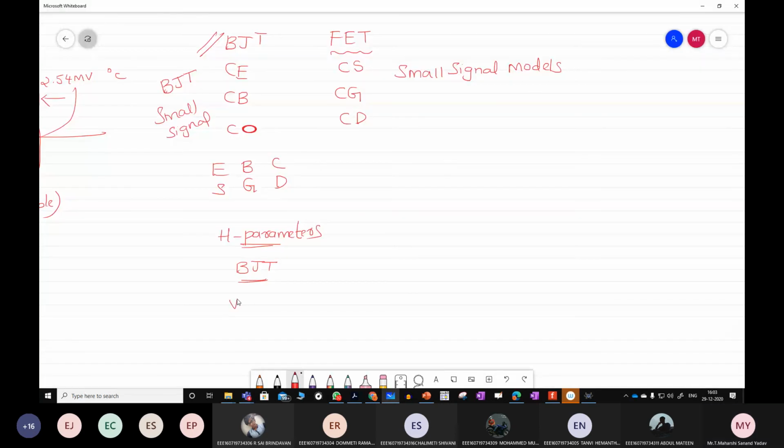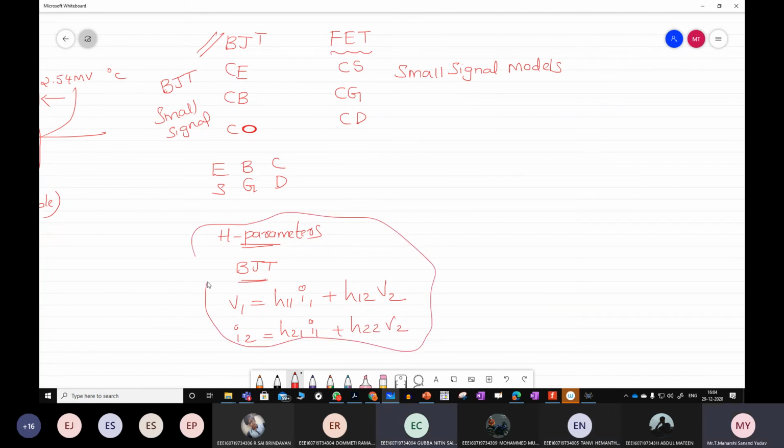V1 is equal to H11 I1 plus H12 V2. Next, I2 is equal to H21 I1 plus H22 V2. Till here we have seen.